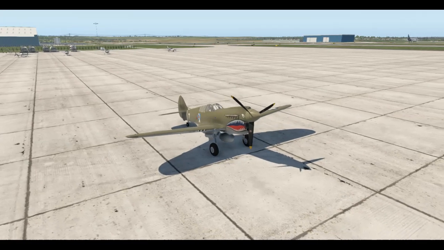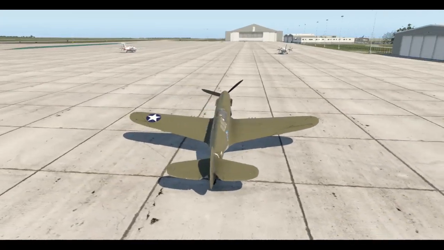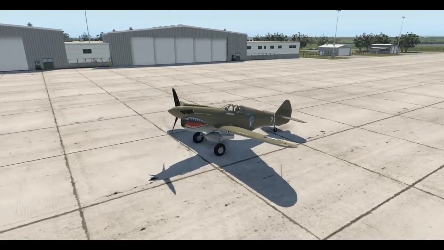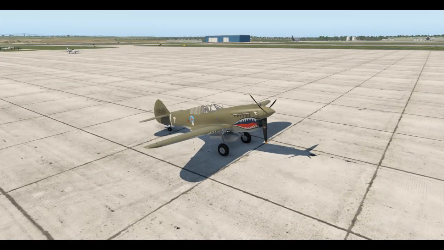The next choice, of course, is the Curtiss P-40 Warhawk. DCS currently lacks an early World War II American fighter aircraft, so my obvious choice for that is the venerable Curtiss P-40 Warhawk. The P-40 series saw service throughout the Second World War, from North Africa to the Eastern Front,